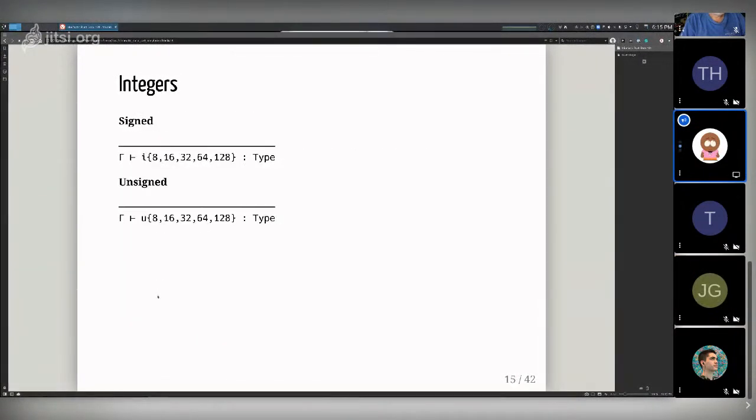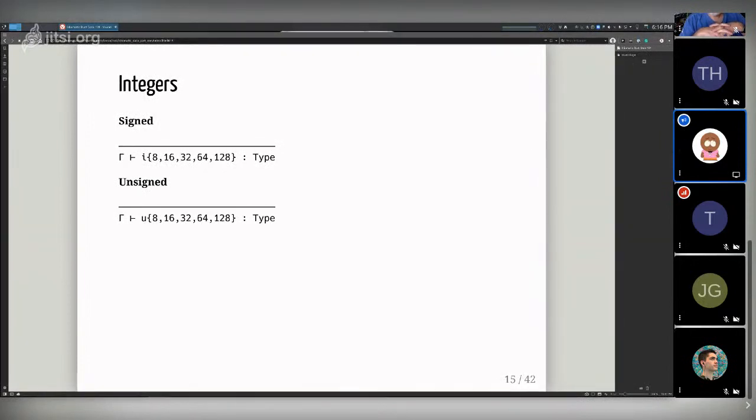Let's go on to integers. In Rust, we have the notion of signed and unsigned integers. Rust is kind of a weird language in that it forces us to state the precision of the integer that we want to use. It defaults to i32, and we'll go over that in a second. But all of the types have their precision baked in, so there's no guessing.